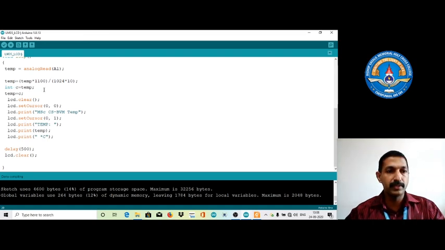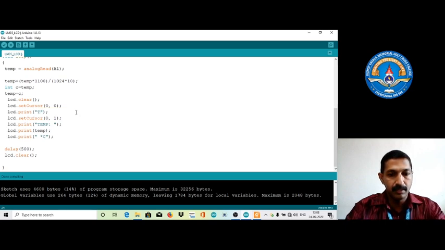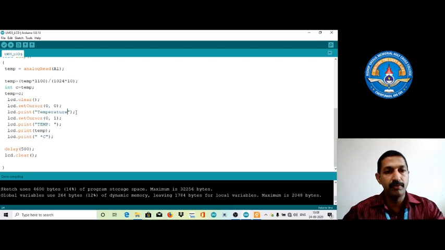If we don't want to display floating points, we simply use the integer directly, which means we can avoid these two steps. Here it is MSC temperature. We are able to display only 16 characters, that is 16 by 2.